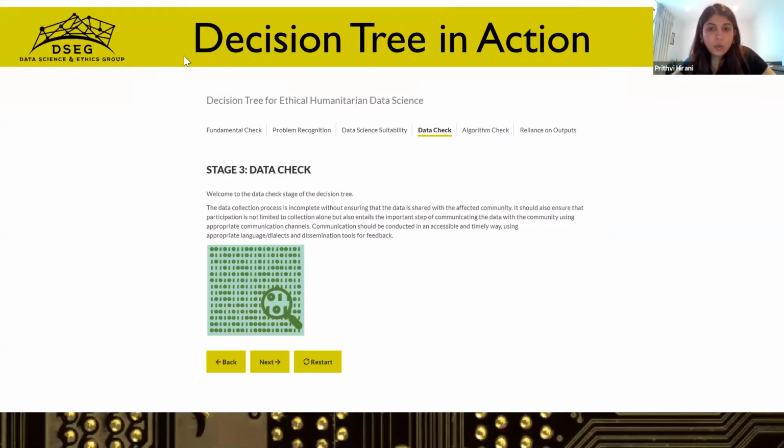From that point of view, what we want to talk about today, in a deep dive into one aspect of the decision tree, is how data has a strong influence when you think about ethical AI. Particularly stage 3 is very important in emphasizing that, because it looks at data that is collected, but also data that is subsequently analyzed. And if we go to the next slide,